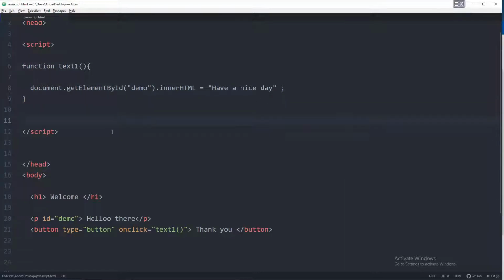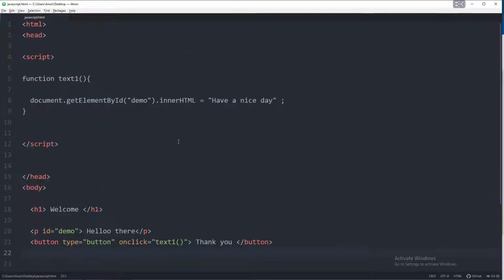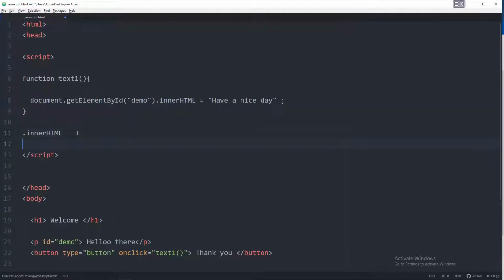So one of the nice things about JavaScript is that there are four different ways you could display information. There is dot innerHTML, which you guys saw. It uses the ID and then it gets the inner HTML and then displays whatever you make it equal to. Now you can make this equal another function or you can make it do something else, and whenever you click it, it's going to do it in that specific area, that inner HTML. And then we have something called